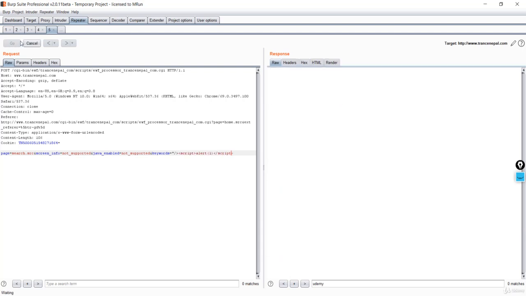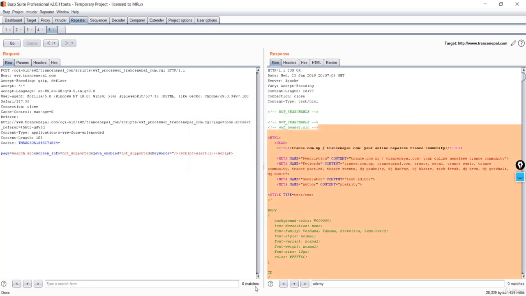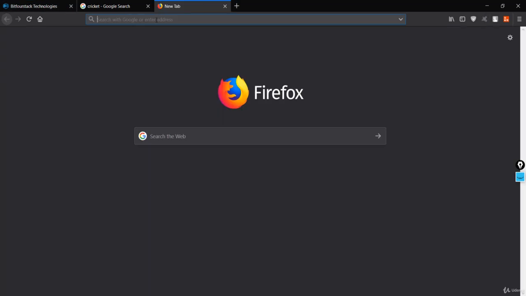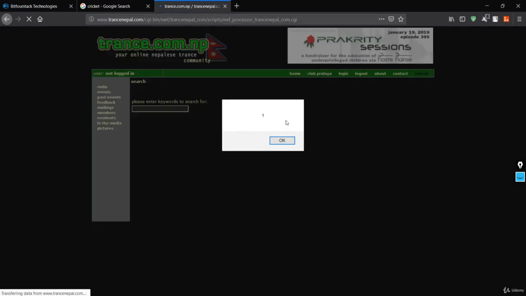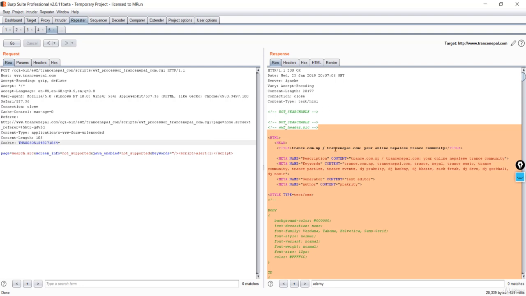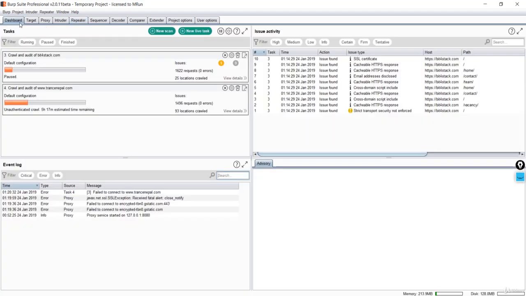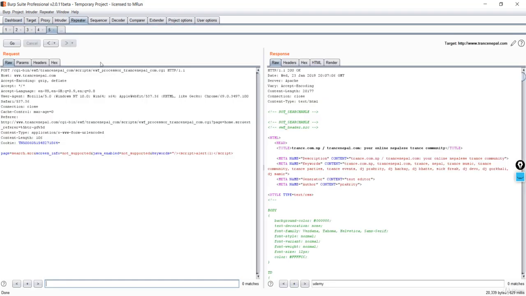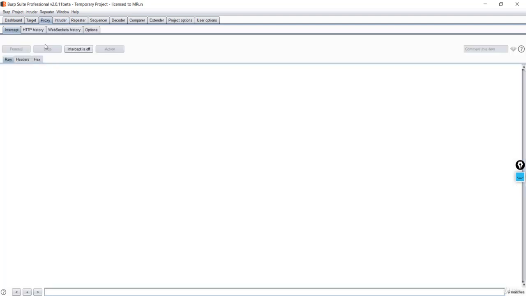So I want to press go and see the response on the browser. Let me copy this, go to my Firefox, and paste and go, and you can see our code has been executed. That means this is vulnerable. An XSS attack has been found in these pages. So that means this field is vulnerable. This is the way to search for the XSS attack with the help of the repeater. We'll see how the intruder works in the upcoming lecture, where we make our own payload.